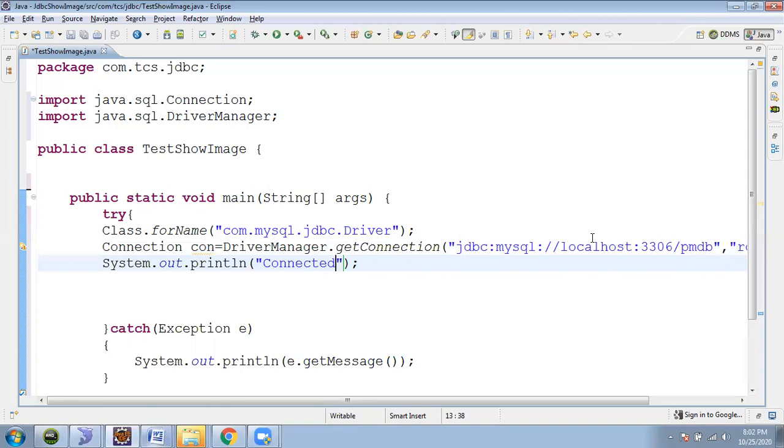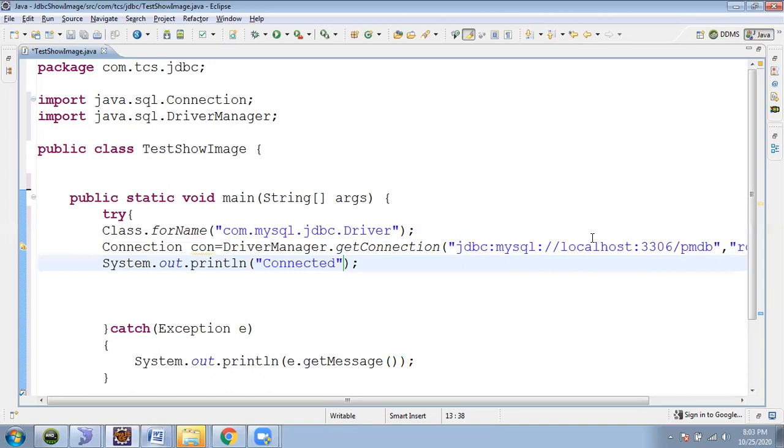Sachin, what will be the answer? Connection con driver. We have made it. I'm getting confused for that line.